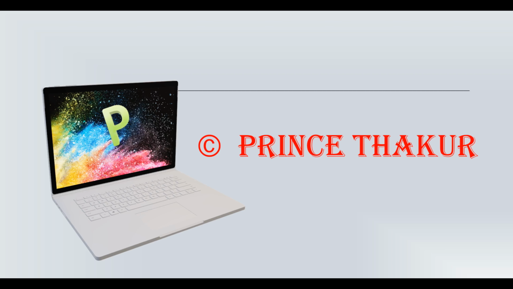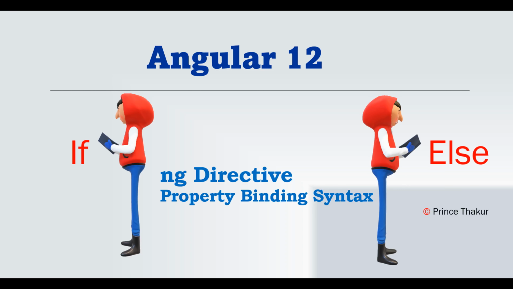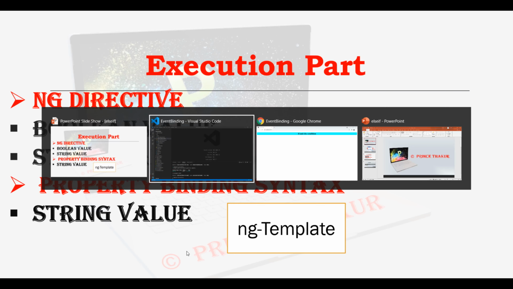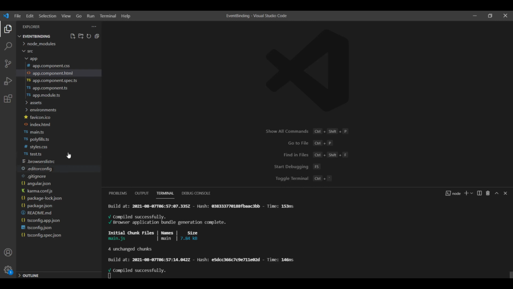For that, we use if-else condition in two ways: we can use it with the help of the ng directive, and we can use if-else condition with the help of property binding syntax. First of all, I will show you the ng directive, in which we will do some execution related to boolean value and string value. For that, I will open my Visual Studio Code and I will open my html file,